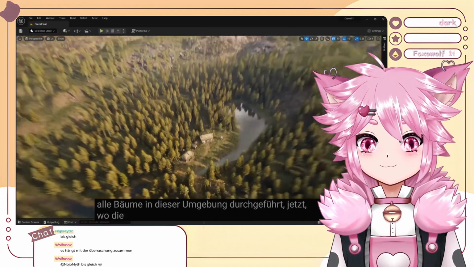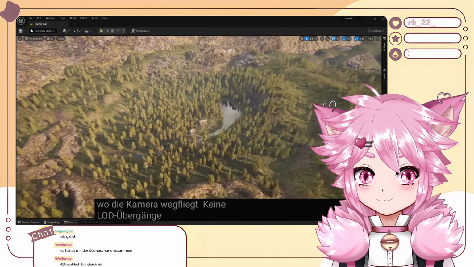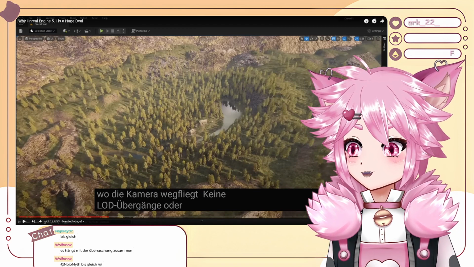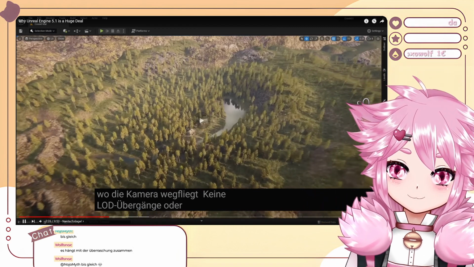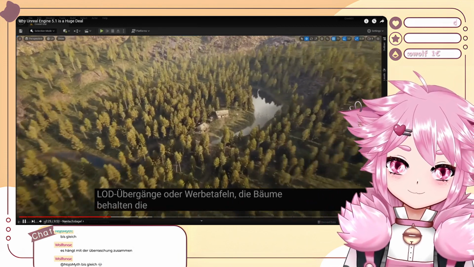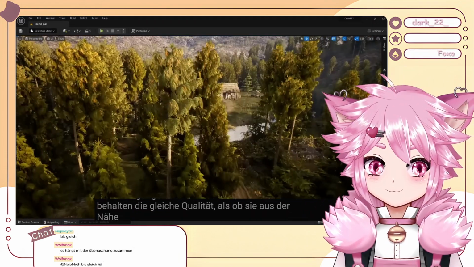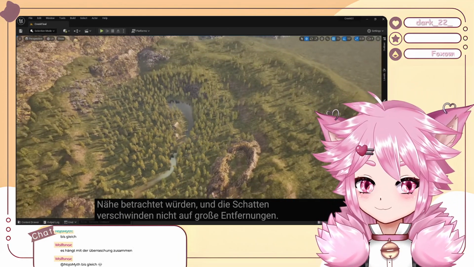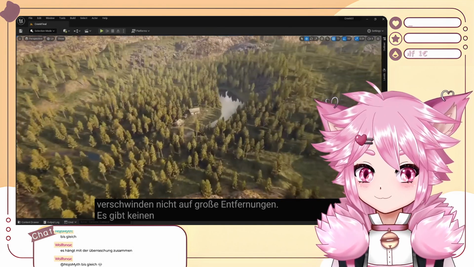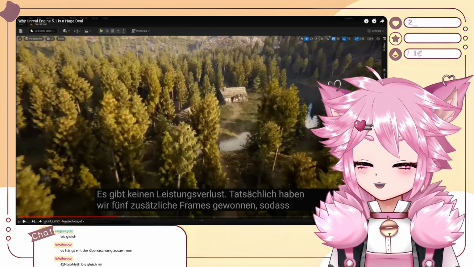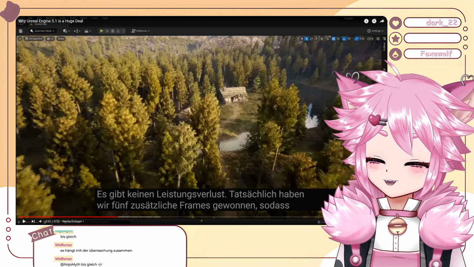Now when the camera flies away, there is no LOD transition or billboards. The trees look just as good, and they still cast shadows. The trees retain the same quality as if they're being viewed up close, and the shadows do not disappear at long distances. There is no loss in performance. In fact, we gained an extra 5 frames. Even though it looks better, because the LODs